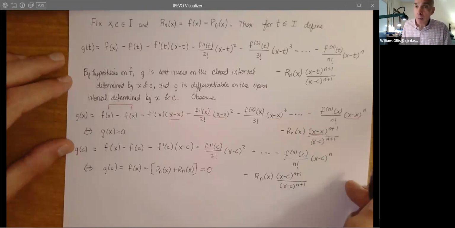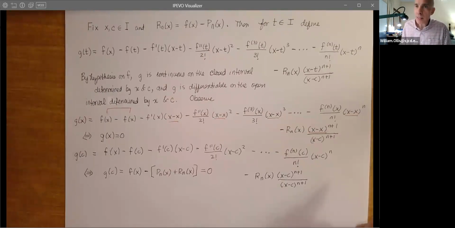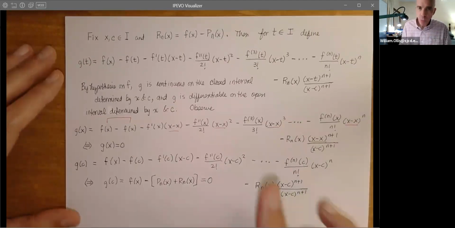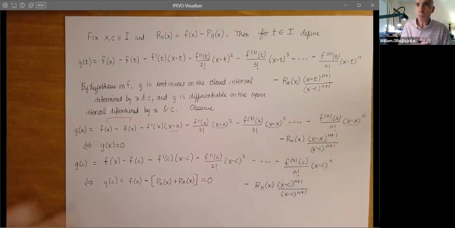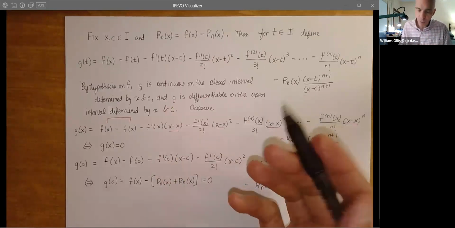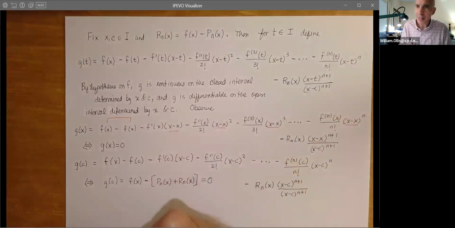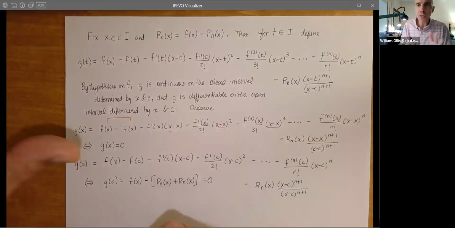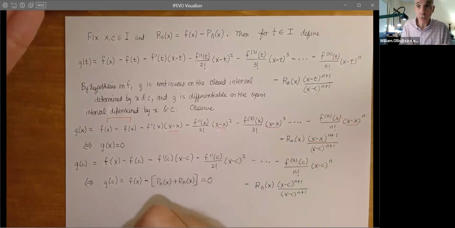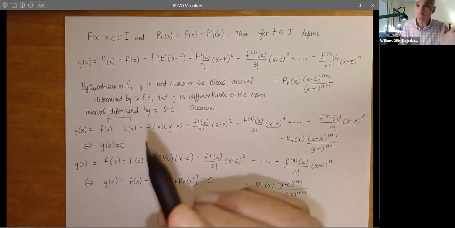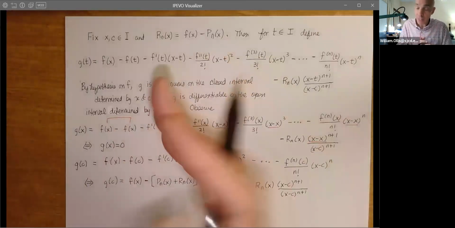Now that's good and fine, but we still need to know precisely what R is. And that's now what we can do. So now we see with these very simple calculations, and when I say simple, they are simple, but the key is coming up with the function that'll work. And again, the function's not unique. Rolle's theorem is very general. It just says find a function that has these hypotheses, and then you have this horizontal tangent. So you come up with a function that gets you where you want to go. Otherwise, Rolle doesn't have anything to do with it. It's a very flexible theorem.